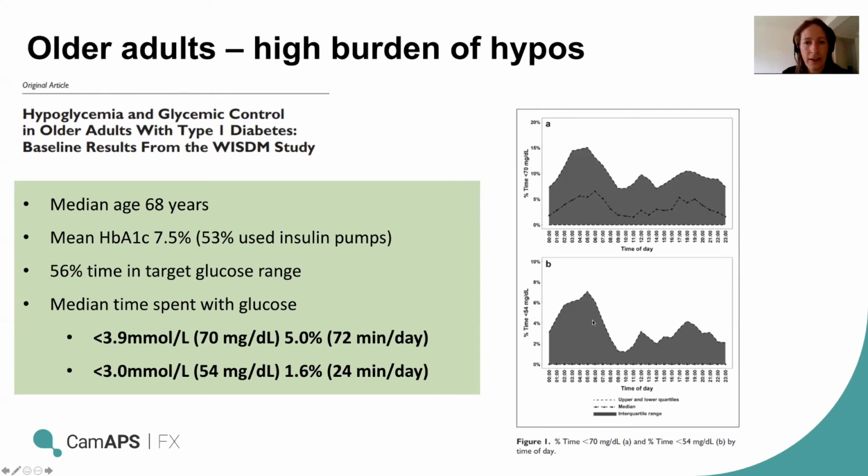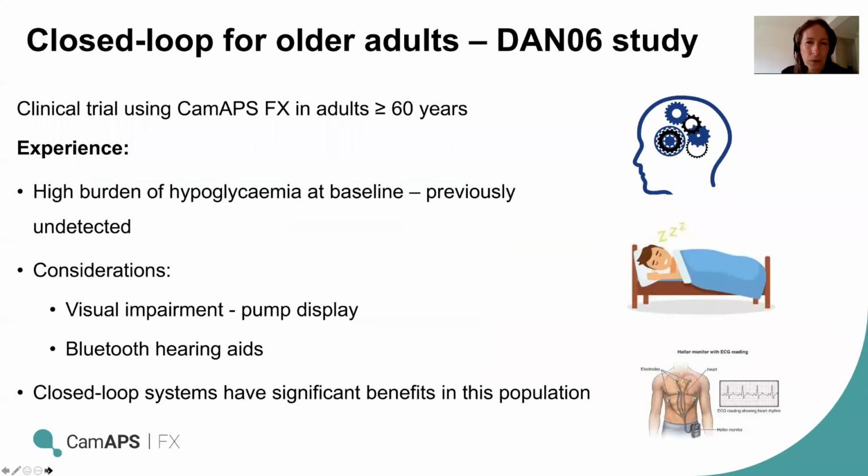And so during our study, next slide, Candice, thank you. This is called the DAN06 study, and this is a clinical trial where we're using the CamAPS FX system in adults age 60 and over, and our oldest participant was 80 during the study. And our experience really reflected this, that we had people coming into the study who'd never used glucose sensors before, and we were picking out quite a lot of hypoglycemia that people didn't notice that they'd been having beforehand. Some of the considerations we alluded to earlier, thinking about people with visual impairment and some of the difficulties with the pump display,